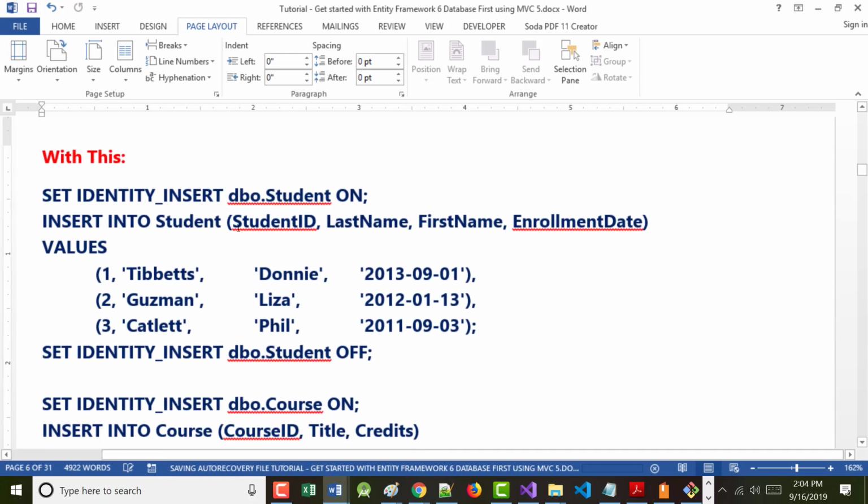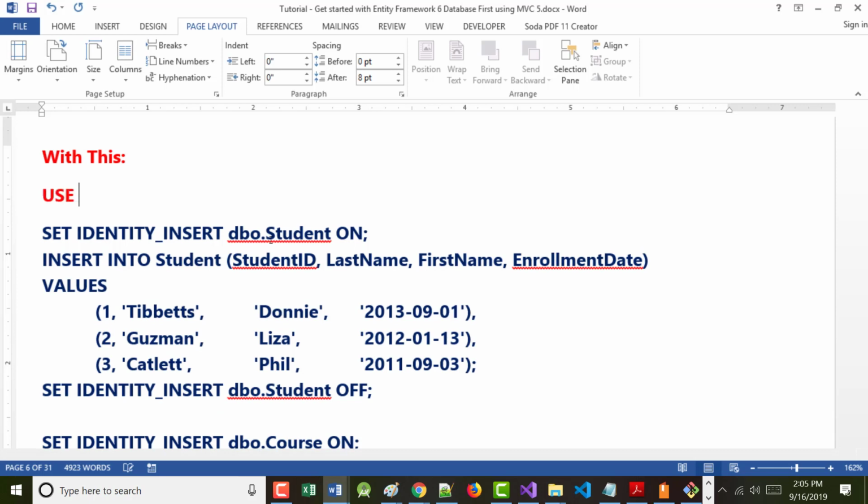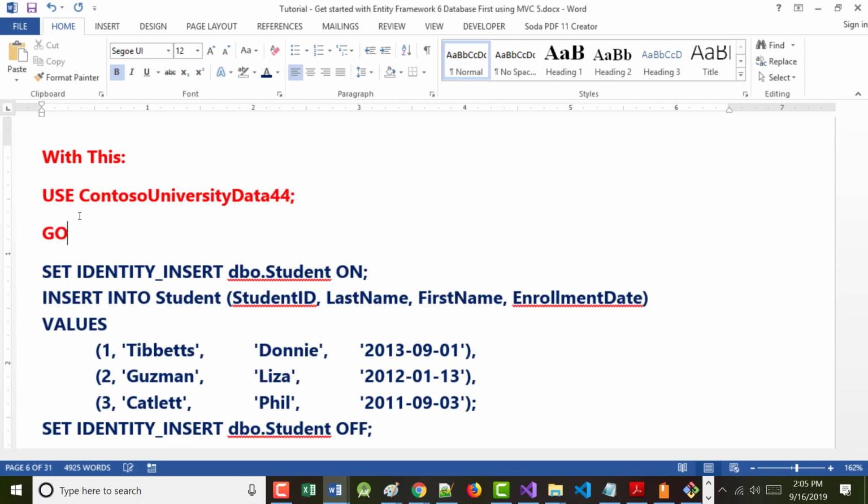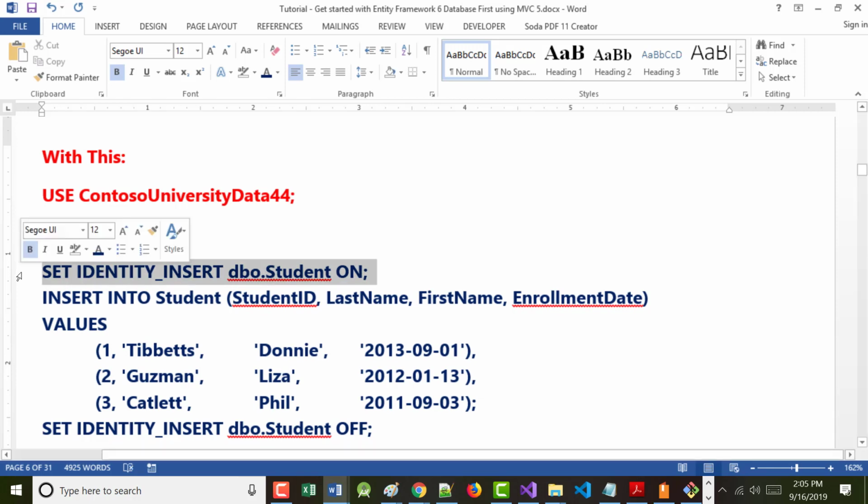What's dbo? dbo is database owner. All right? They recommended that you put in here USE followed by the name of your database. So what that is saying is I would come up here and type in USE ContosoUniversityData, mine was 44, semicolon, and GO, which basically starts the whole thing.